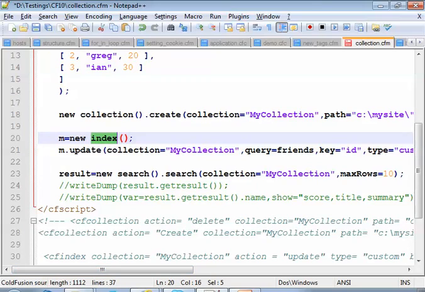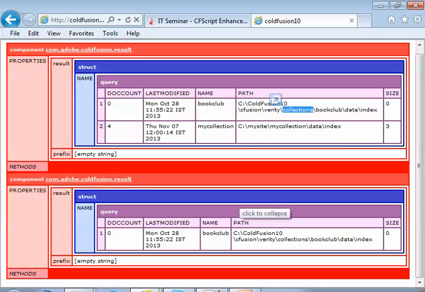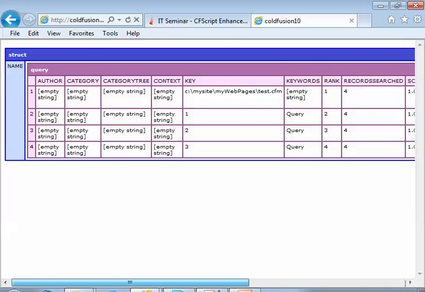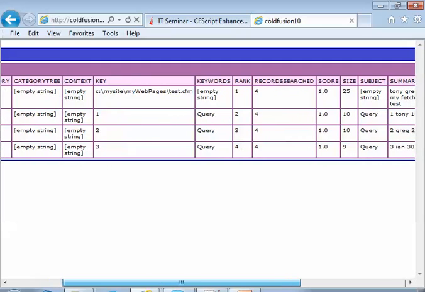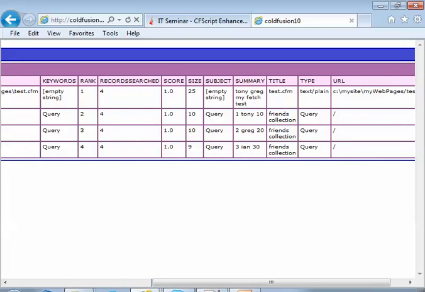Here I have excluded the title because I don't have any name with the title, that's excluded. So now you can see what the search result is, whether we have that or not. This one, this is the complete list that we have. The test CFM is in the same path, previously I have added one, that's why it is showing the test CFM as well. Others you can see. Summary, it is giving all the three, first, second, third.